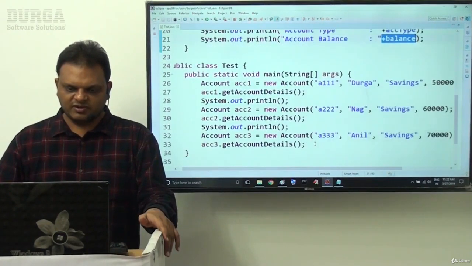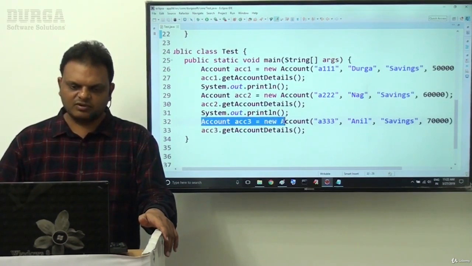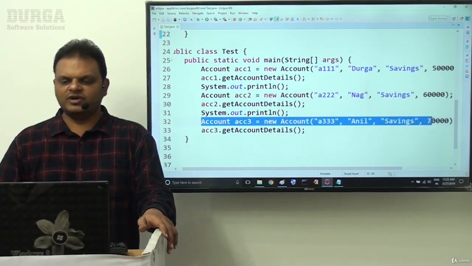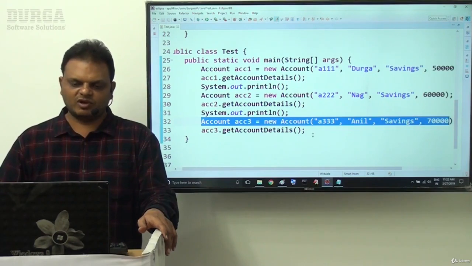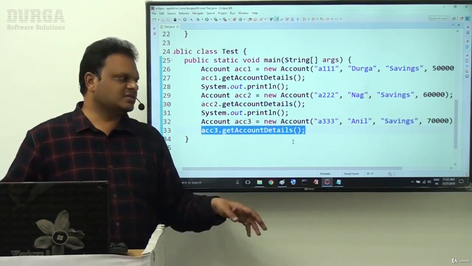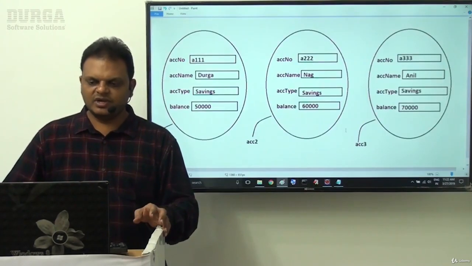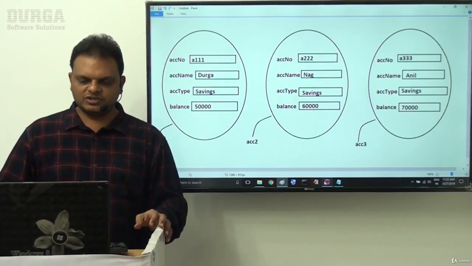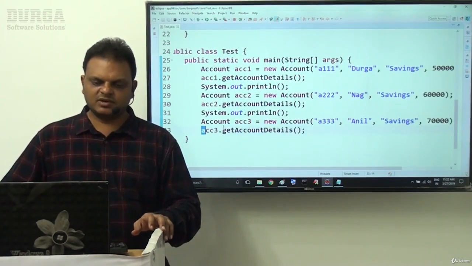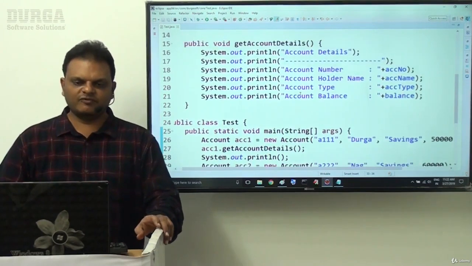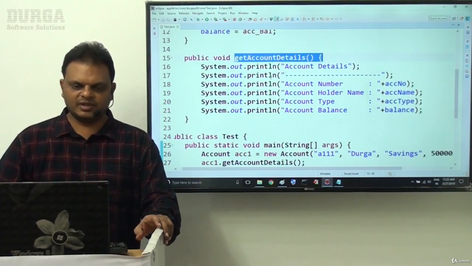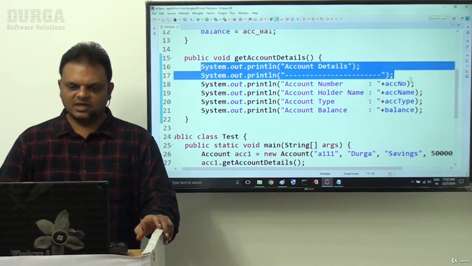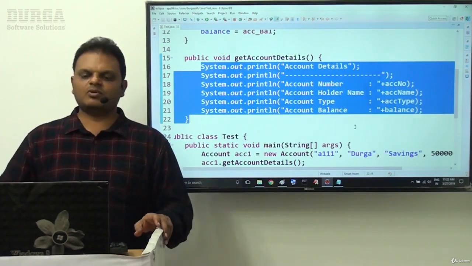Then after that, whenever we call the ACC3.getAccountDetails method, the flow of execution comes to the getAccountDetails method, where we display account number, account holder name, account type and account balance.